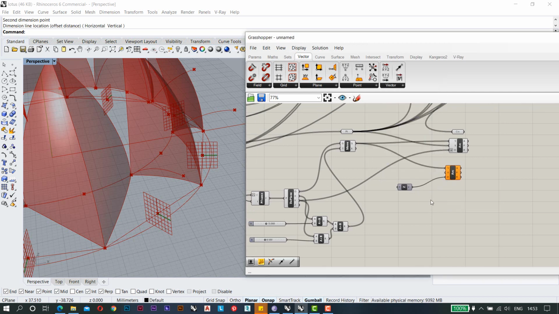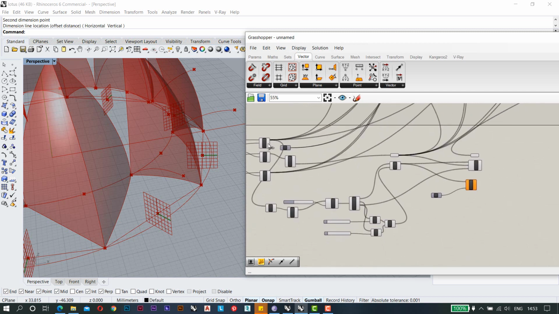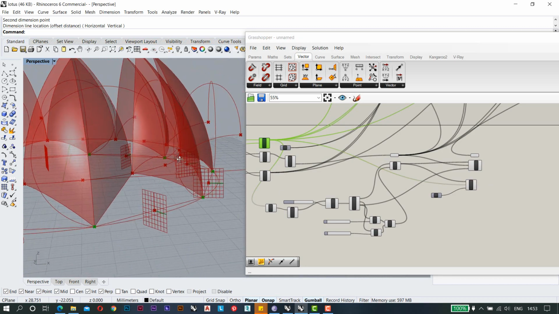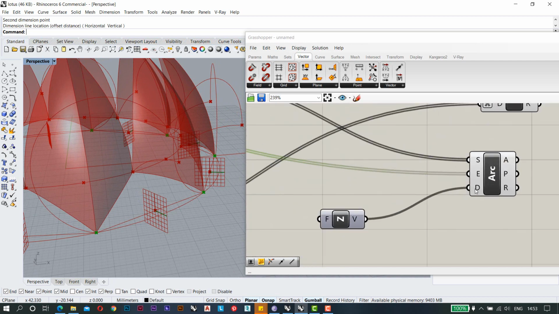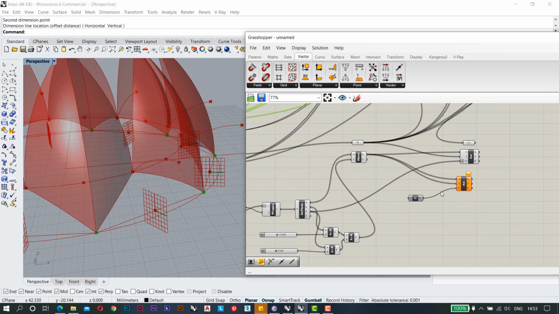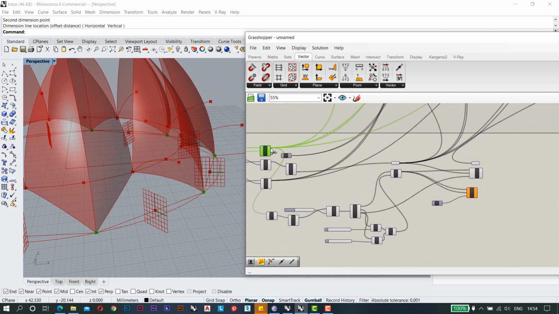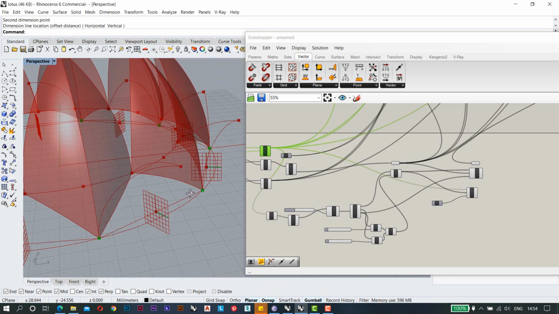The end point will be the ground point, which is this one. I'm just dragging it and putting it here. You can see again the arc is too big, so I think we need to shuffle the values. I will put this one here, and I will put this one on top of it. Now it is giving the exact type of arc that we need.